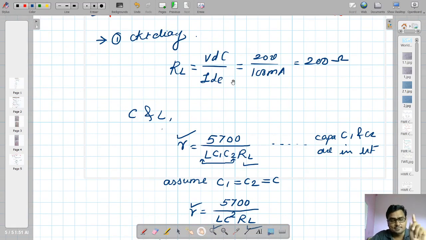I suggest that before you start with the numerical section, you please watch the video related to the datasheet, the specifications and ratings of the component, and the component study. Some things are really important which I have discussed in that lecture. So particularly I suggest you watch that lecture before starting with the numericals.